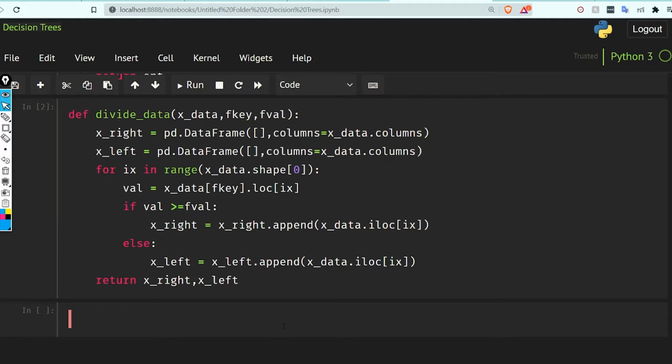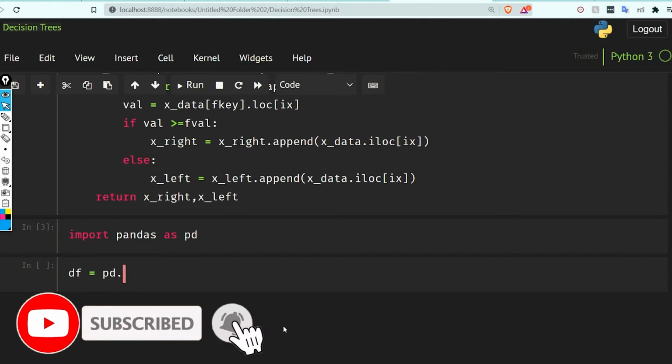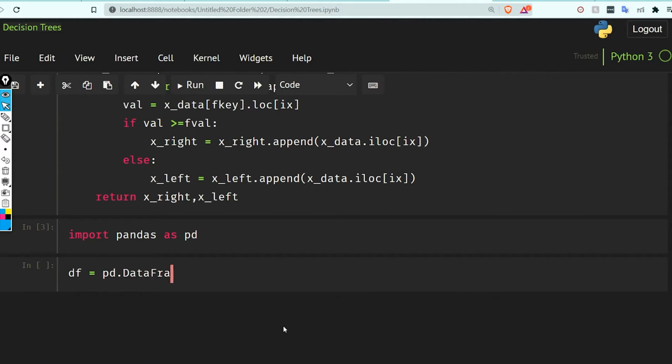So let's suppose, import pandas as pd, and df equal to pd dot DataFrame. In this we have to give the values and the columns.